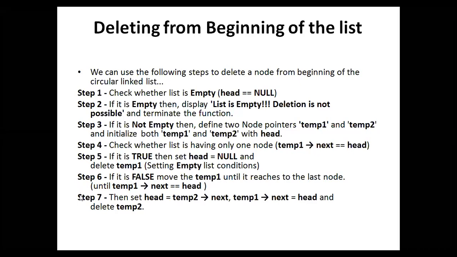Okay, when temp1 is at the last node, temp1 next will become what? Your new head. Because I have removed, for example, 1000. If you have 4 nodes, the fourth node has the address 1000. But now I have removed the node which holds the address 1000. My next node holds the address 2000. So now that head address 2000 will be stored in temp1 next. Okay, then we change head equal to temp1 next, that's all, and delete your temp2.